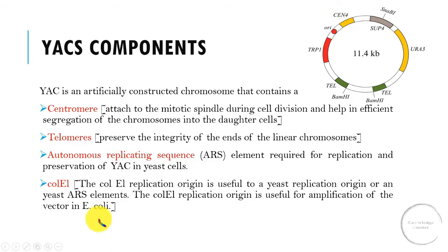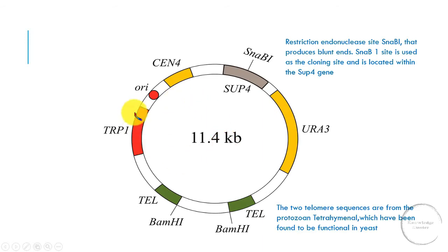Then ColE1. The ColE1 also acts as an origin of replication, which is useful for amplification of the vector in E. coli. Here is the fine structure of a YAC vector, which is approximately 11.4 kilobase pairs. Here are present two telomeres, which is